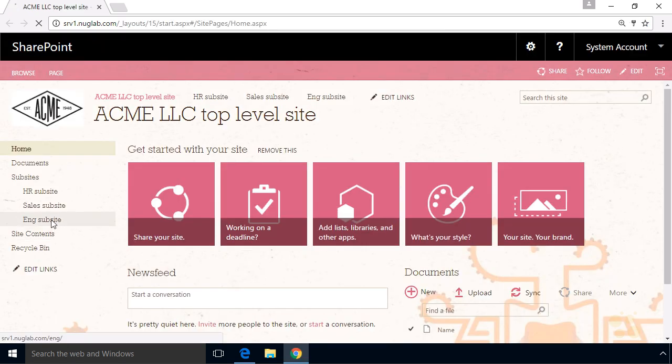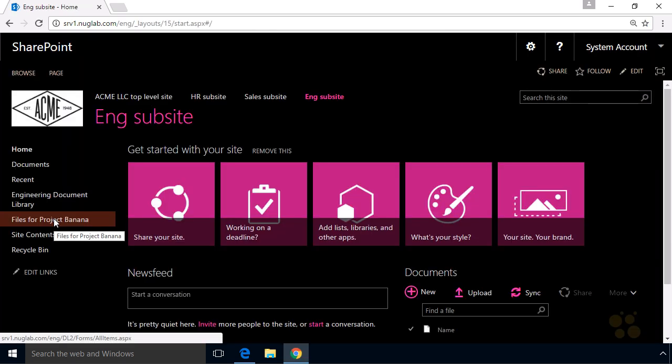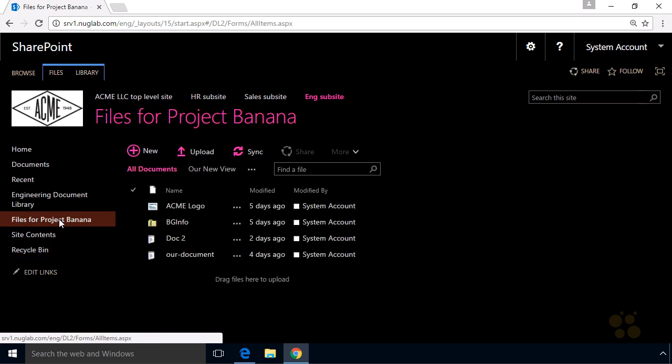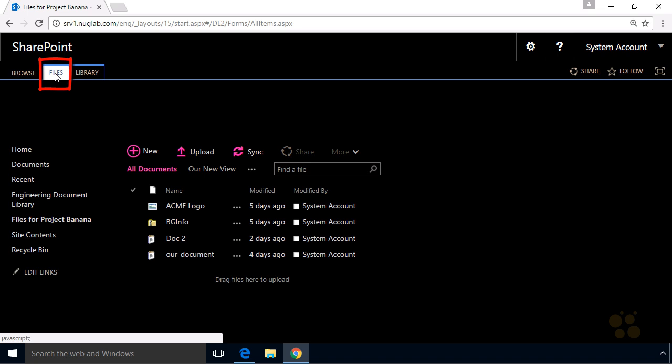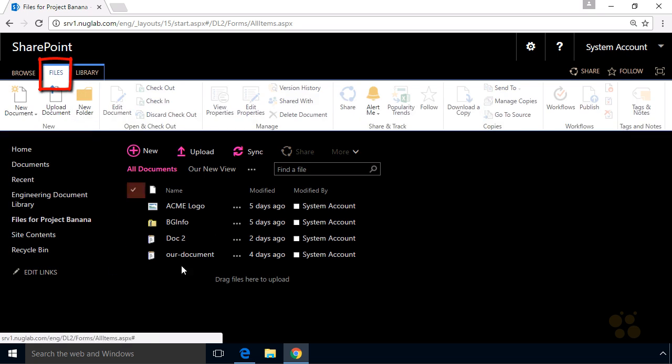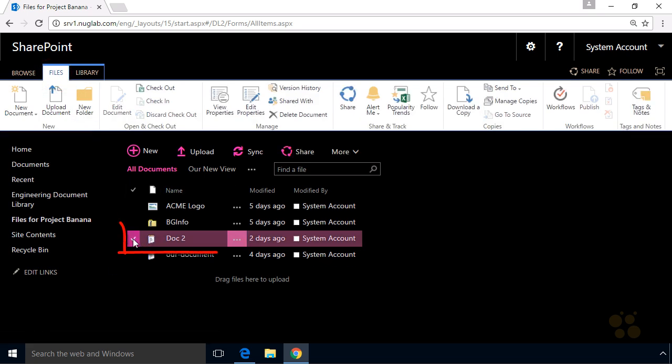as administrator. We'll go to the engineering subsite using the quick launch on the left, and then we'll go to Files for Project Banana using the quick launch on the left. And then let's click on Files. Now at the moment I don't have a file selected, so we'll put a check next to Doc2. And right here we have the Alert Me option. So now that SharePoint believes it can actually send an email message, it's giving us that option for Alert Me